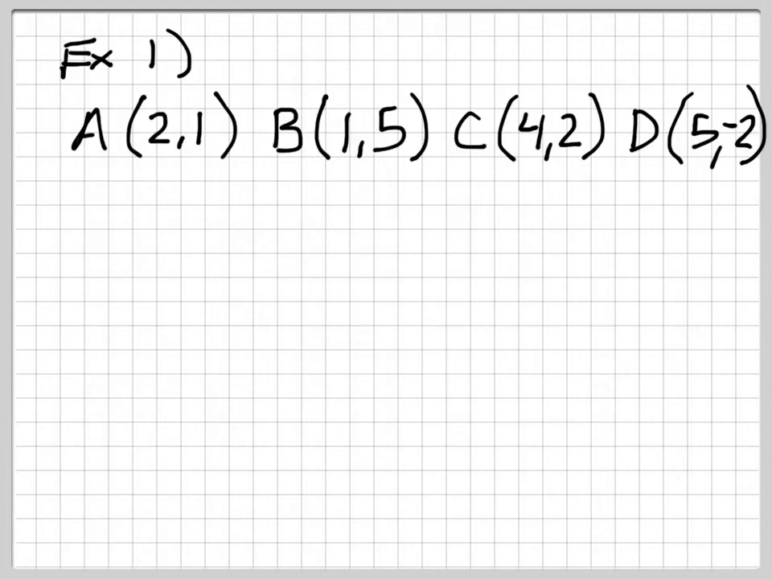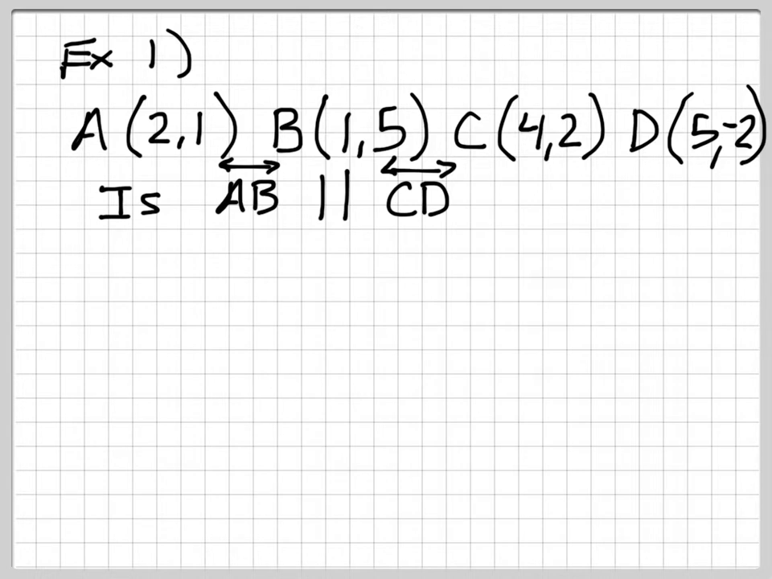Okay, I'm going to give you 4 points. A is (2, 1), B is the point (1, 5), C is the point (4, 2), and D is the point (5, -2). And the question is: is line AB parallel to line CD? Okay, so we're going to refer back to our